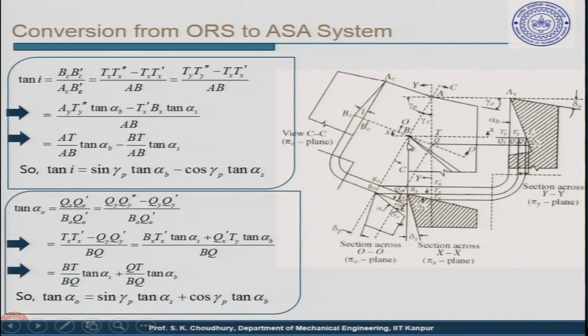Here is the base plane, on the base plane the view is put here, okay. From here you will take a CC, like in the case of the ORS system, and the view is like this. Then we will take x and y, like in the coordinate system, xx we will put it in here and yy we will put it in here, okay. So, sorry, CC we are putting on the opposite side actually.